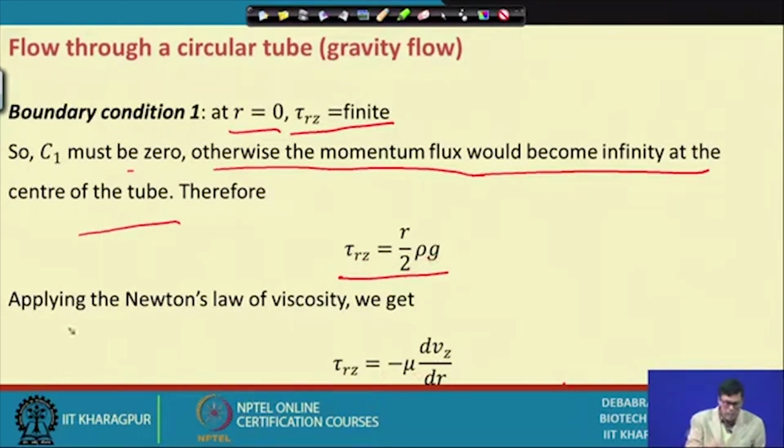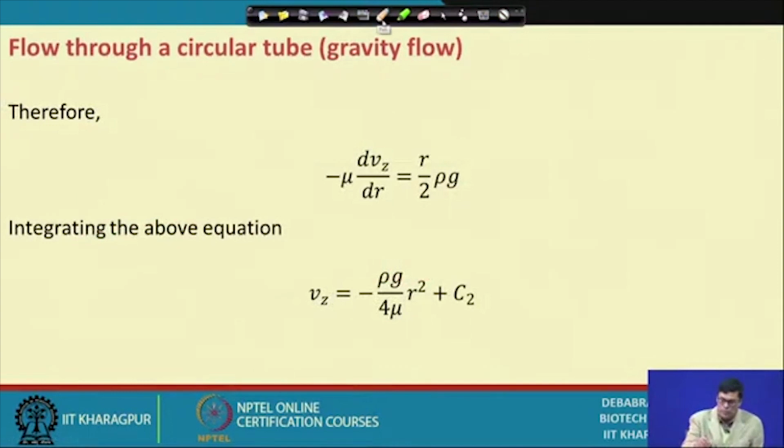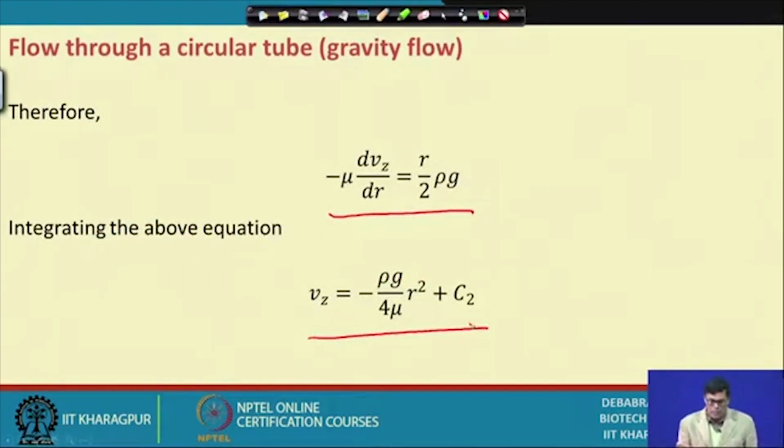Applying Newton's law of viscosity, we can find this, which we have already seen. Now we can write this equal to this. That is exactly what we have shown here, and then we can derive this equation that Vz equal to this, where C2